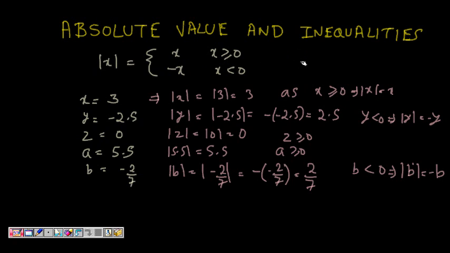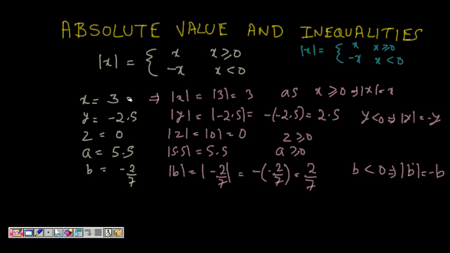So the absolute value of x, which is represented by mod x, is equal to x if x is greater than or equal to 0, and it's minus x if x is less than 0. If we have this definition, it means this absolute value just tells the distance of the number from